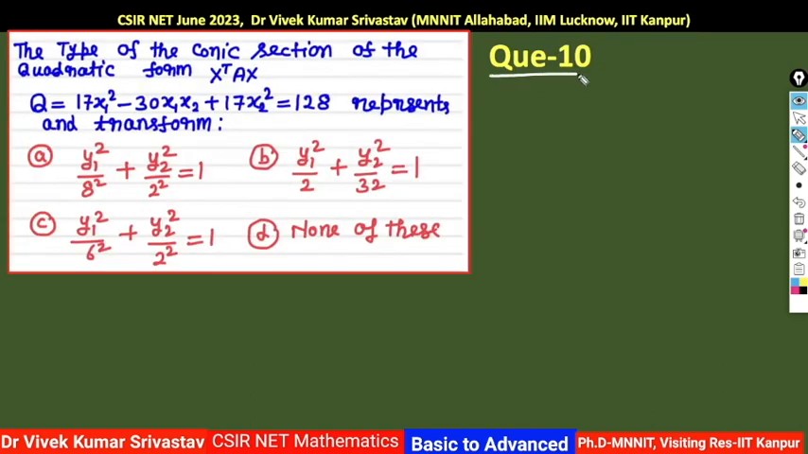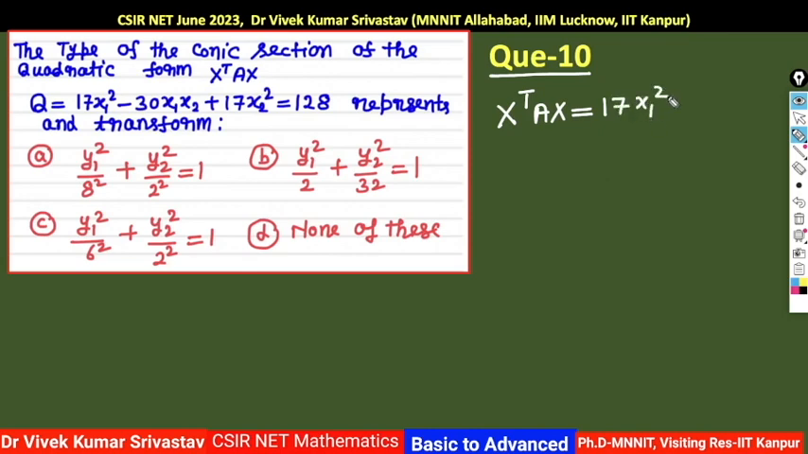Now see the question number 10. Question number 10 says the type of the conic section of the quadratic form. Just see, this is the quadratic form. Q is given X transpose. Everyone knows what is quadratic form. It is basically X transpose AX. Quadratic form is very clear by its name. Quadratic means a polynomial in which each degree is basically 2, right. Degree of polynomial 2, that is basically the quadratic form. Here it is already given X transpose AX, that is Q, and its value is given